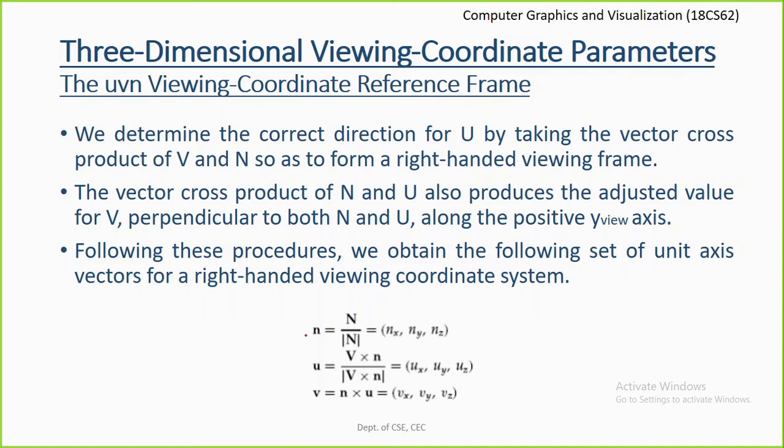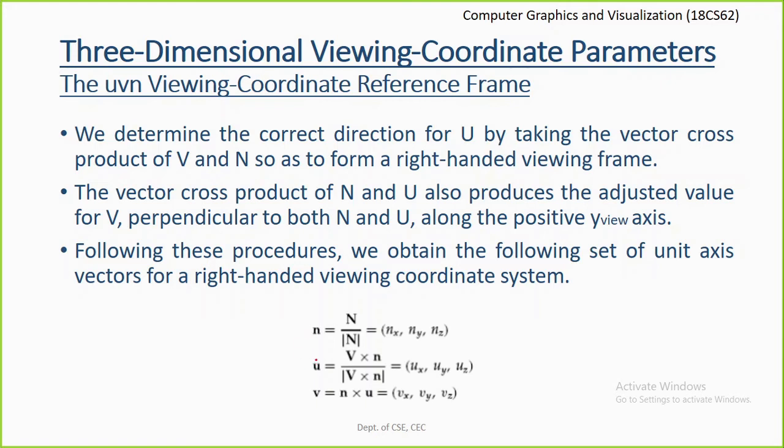The unit vector along the normal vector n is obtained by using this particular equation. So vector n divided by its magnitude yields three values, nx, ny and nz, which are the unit vectors in the directions of the axes. Normal vector along x-axis, y-axis and z-axis. Remember, uppercase N specifies the actual view plane normal vector. Lowercase n specifies a unit vector in that particular direction.